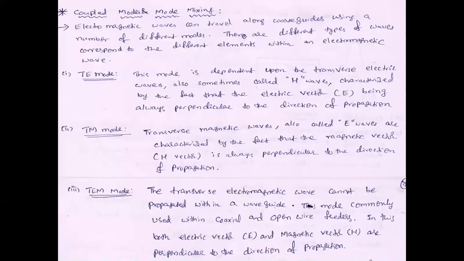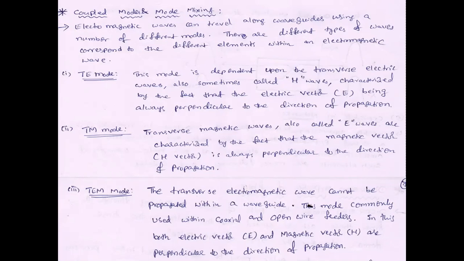You know the electromagnetic waves can travel along the waveguides using a number of different modes. Here, what is meant by waveguide? The waveguide is a channel which supports high frequency signals. Suppose you go for copper cables, coaxial cables, they support very low frequency signals from one point to another. But with waveguides, they support high frequency signals for a long distance. The best example for a waveguide is the circular waveguide. An example of a circular waveguide is optical fiber cable.